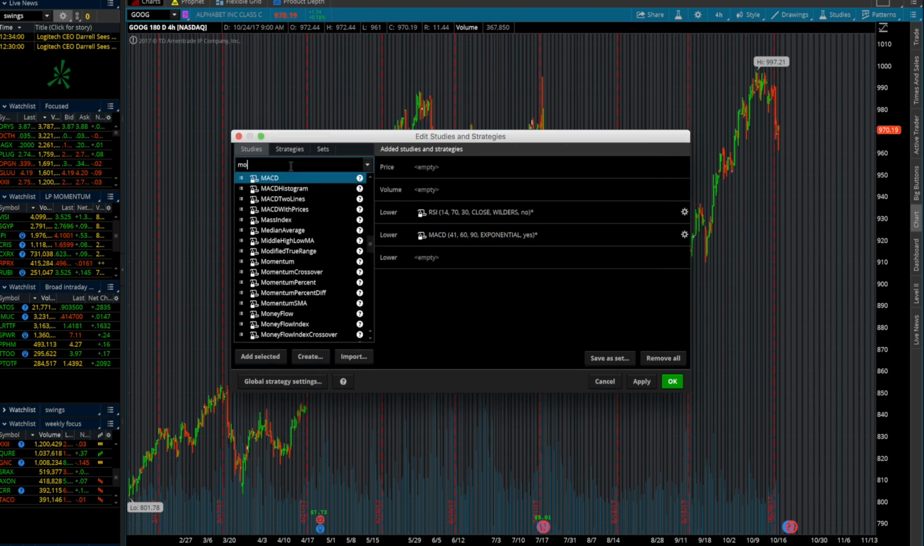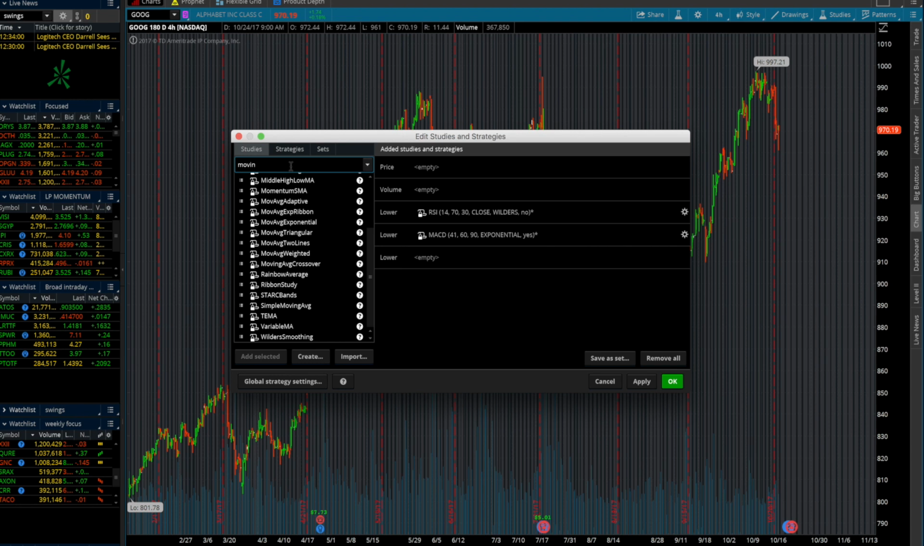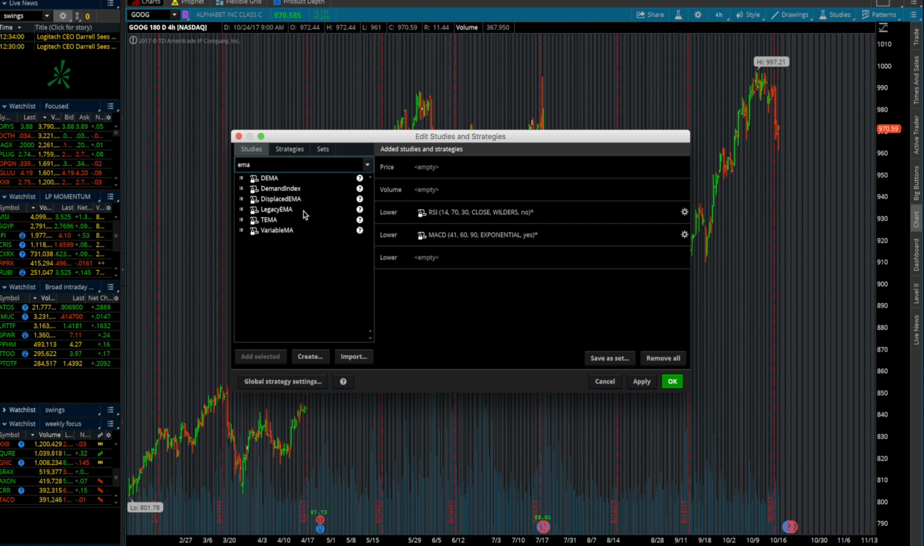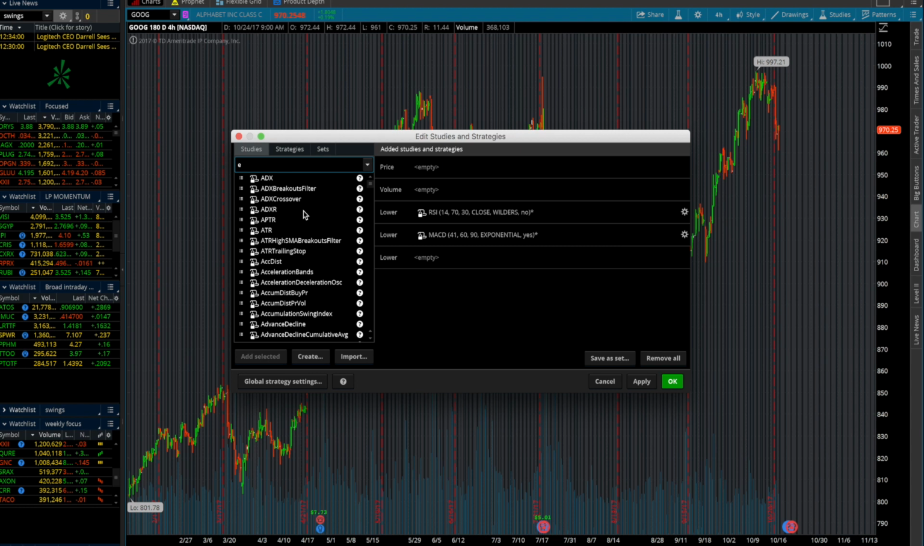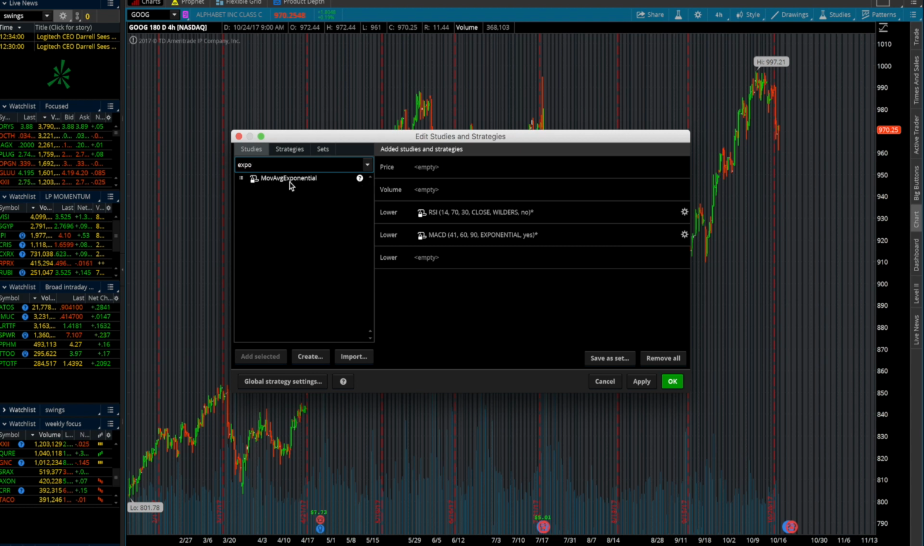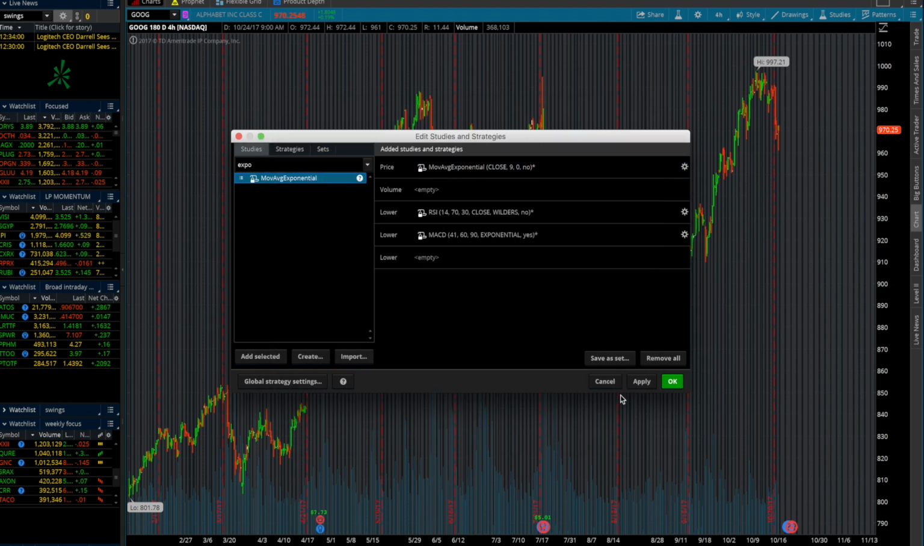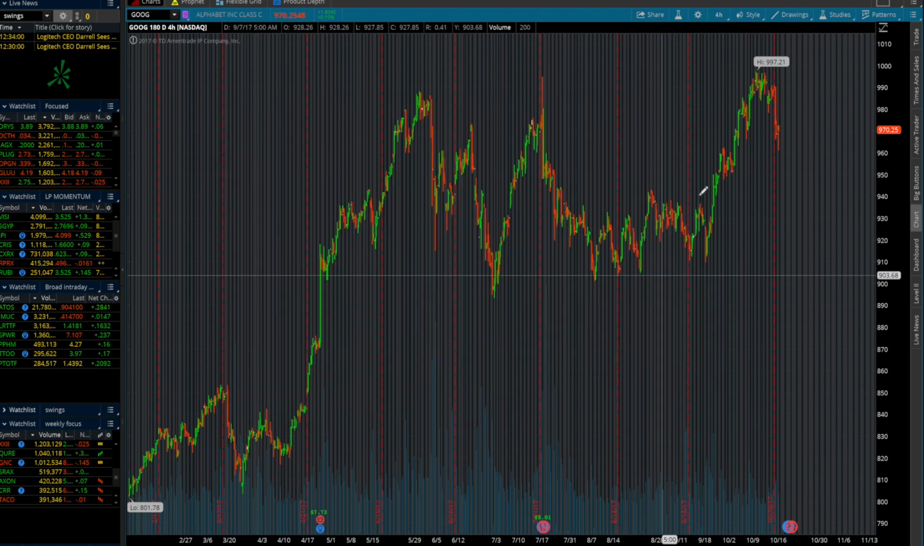Moving averages, simple moving average right here. Type in your EMA, your exponential moving average. Just add it, make the 9 day, 20 day, whatever you want. Simply add indicators like that. Another thing you could do is